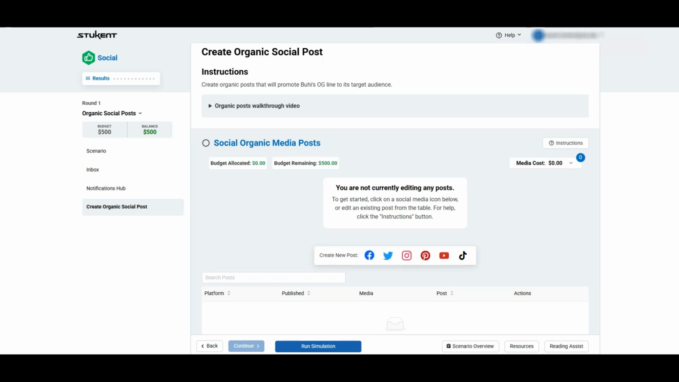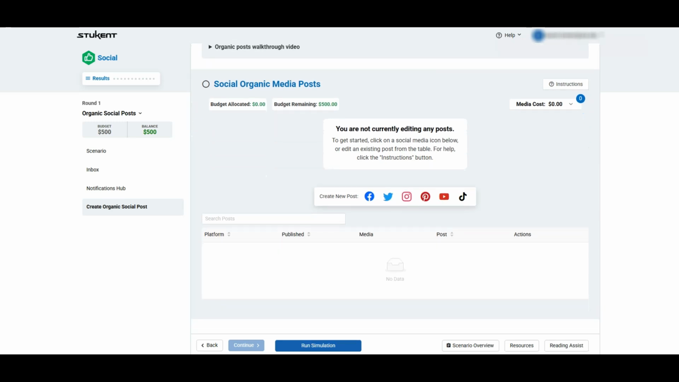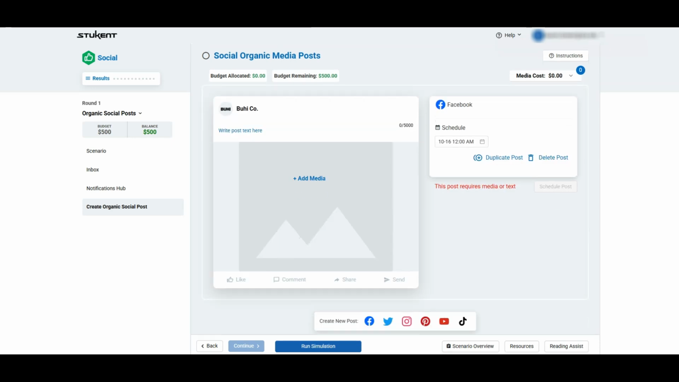The first step in creating a post is selecting the platform. For this example, I'll choose Facebook. After clicking to create a new post, you'll see several sections that need to be completed: media, caption, and scheduled time and date. Let's start with media and captions. For this post, I'll target the Daypacker Tom audience. By clicking Add Media